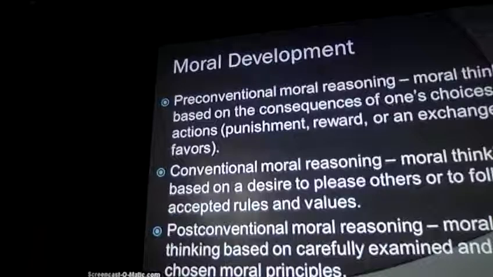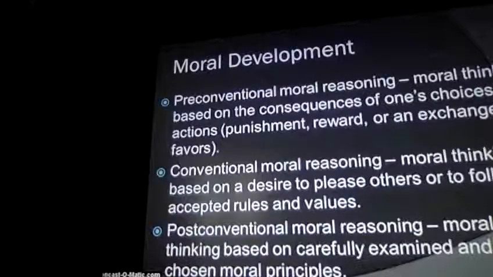It's moral thinking based on a desire to please others or to follow accepted rules and values. So for example, you might decide not to steal because you think that others will think, I'm a thief or a cheater or something like that, and I wouldn't want not to get accepted by others or be perceived negatively by others. And the third stage is the post-conventional moral reasoning, moral thinking based on carefully examined and self-chosen